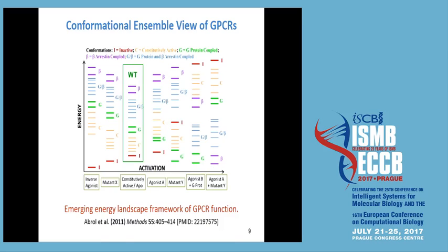So you have typically a constitutively active receptor. We are not talking about rhodopsin, but other receptors. And they will have an inactive state that will be lowest in energy, and then you'll go higher up, you'll have some constitutively active states, and then some of them might be able to couple to G proteins, and then you might get some states that might be able to couple to G proteins as well as arrestins, and then eventually you might find some states that might couple to beta arrestins. So this type of a cartoon would look very different for different GPCRs, but this is a good way to